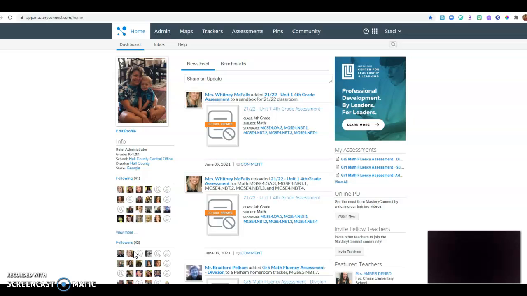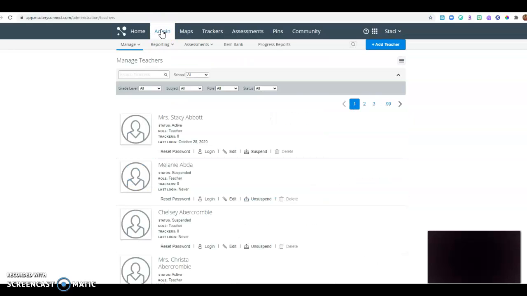So all of the data from the CBAs is found in Mastery Connect. There are a couple of extra clicks that you'll have to do though, because the trackers from last year have already been archived, so you've got to click a couple of extra buttons in order to get to that archived data. So in order to do so, you're going to go to admin, just like you would if you were looking at the assessment results during the course of the year,